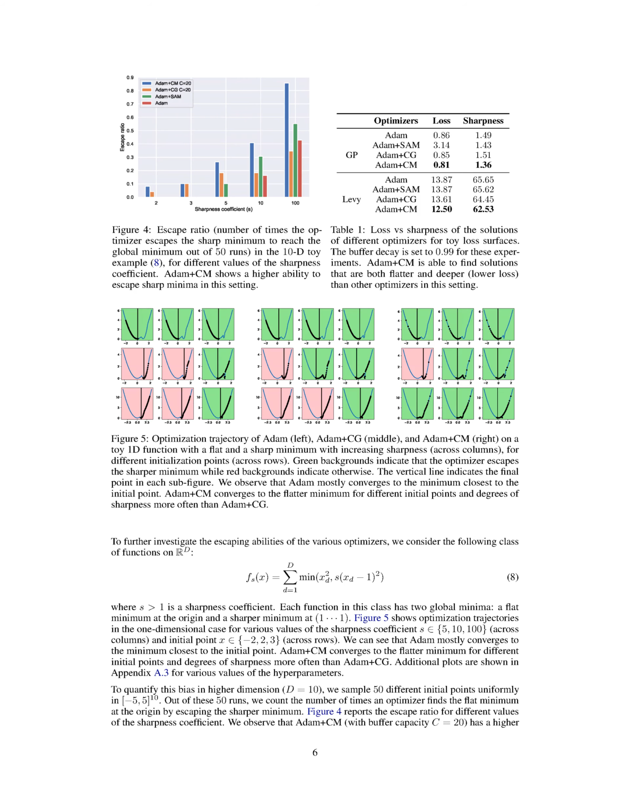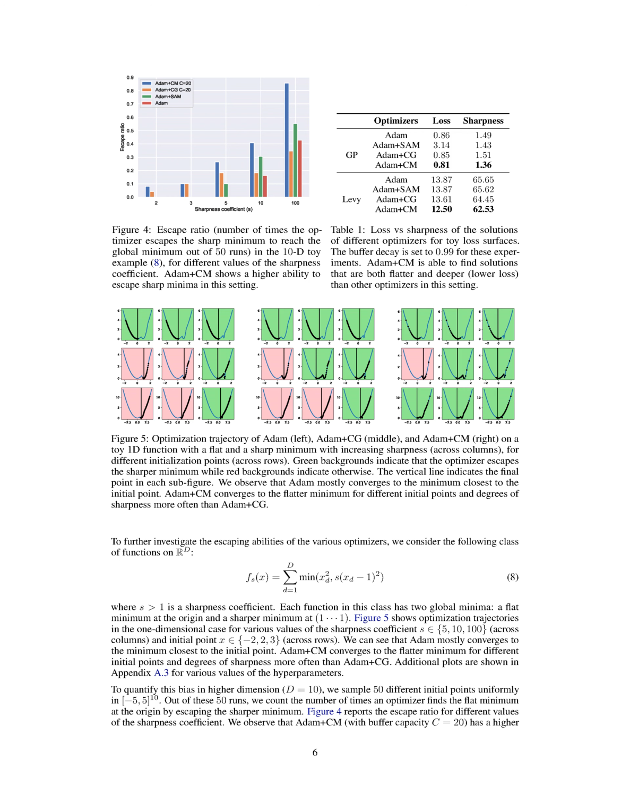We also investigated the ability of the various optimizers to escape from sharper minima. We used a class of functions with two global minima: a flat minimum at the origin and a sharper minimum at the point (1, 1, 1, 1). We found that Adam mostly converged to the minimum closest to the starting point. However, Adam with CM converged to the flatter minimum more often than Adam with CG, regardless of the starting point